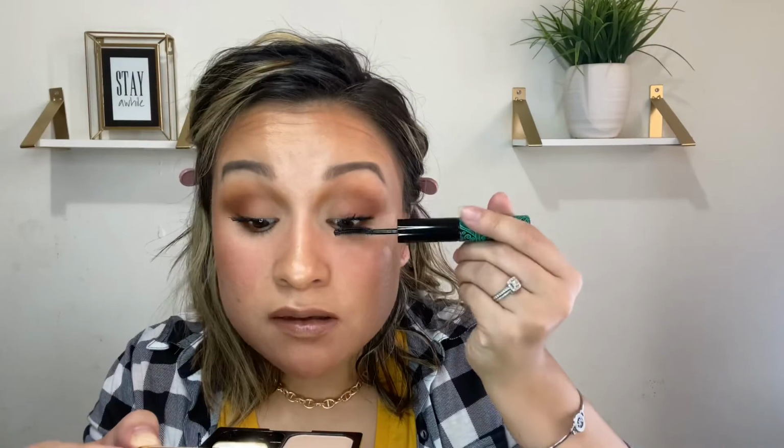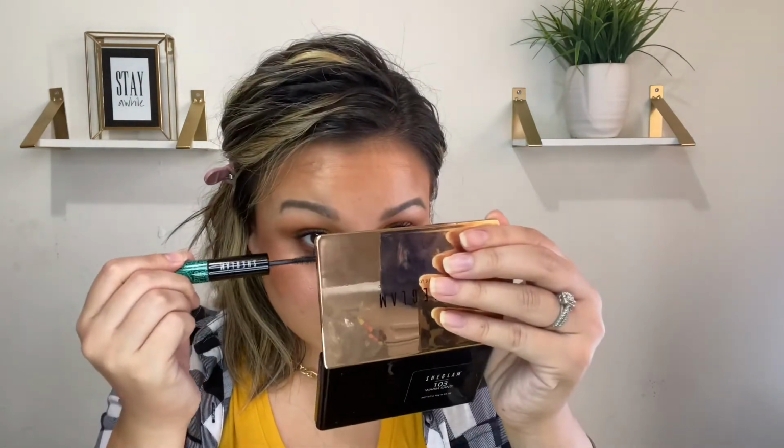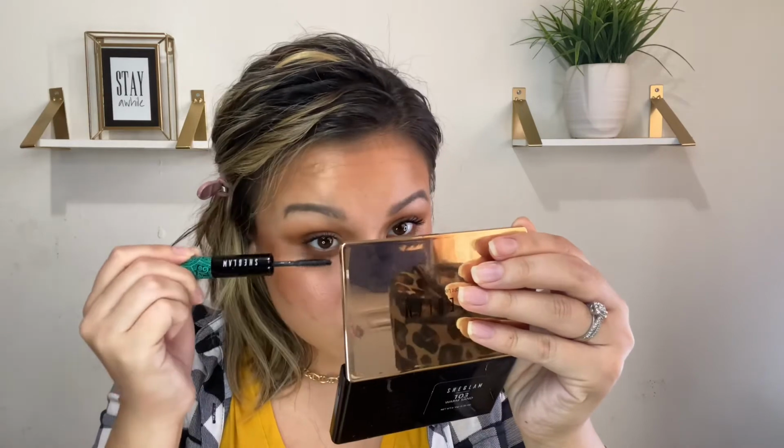I like this brush because it kind of separates it and fans it out. You see that? Like, holy cow. This is something, like I said, this is my good eye and this is my bad eye when it comes to lashes. But this one looks like I have way more length going on. So I'm going to try to even it out. Because for some reason, this side is just like, we'll be here, we will exist. But there we go. And then I'm just going to use what's left and use the lengthened side